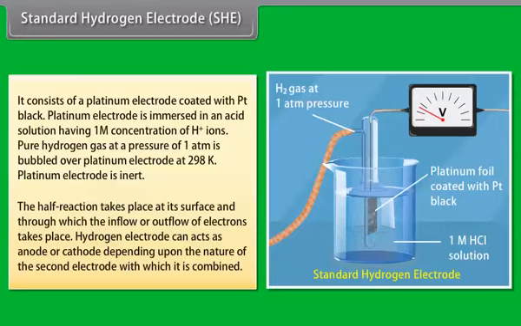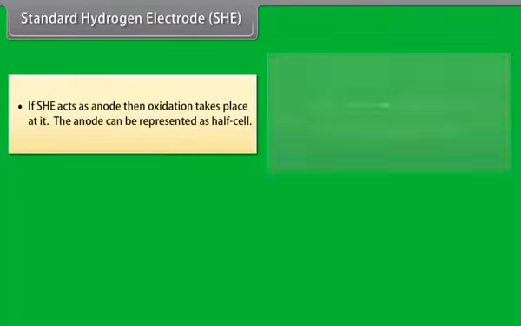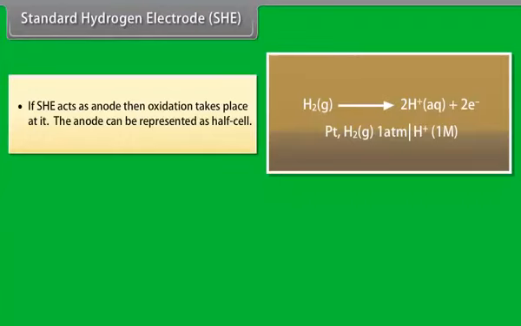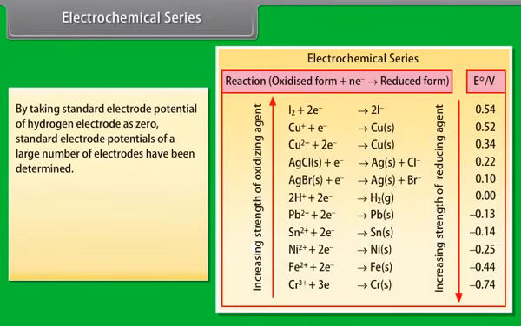It consists of a platinum electrode with platinum black. Platinum electrode is immersed in an acid solution having 1 M concentration of hydrogen ion. Pure hydrogen gas at a pressure of 1 atm is bubbled over platinum electrode at 298 Kelvin. Platinum electrode is inert. The half reaction takes place at its surface and through which the inflow or outflow of